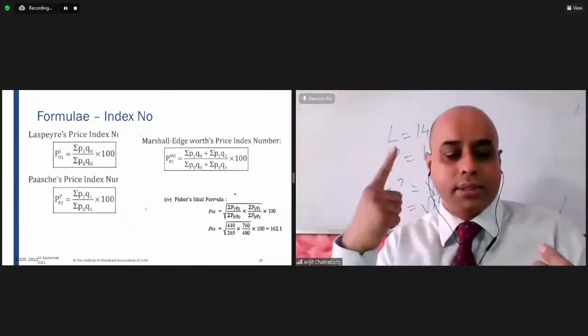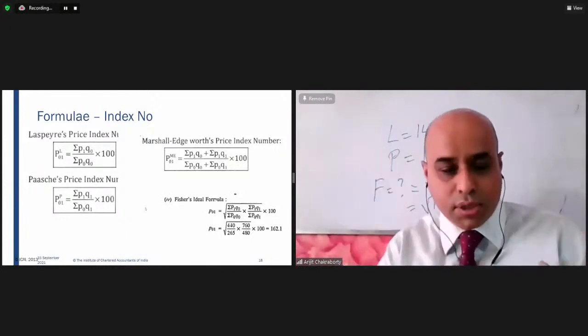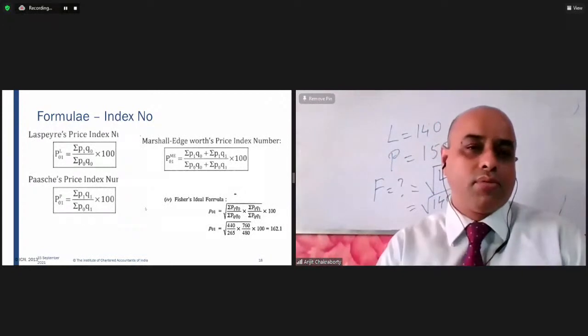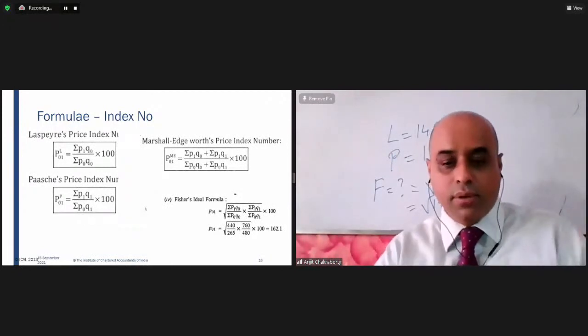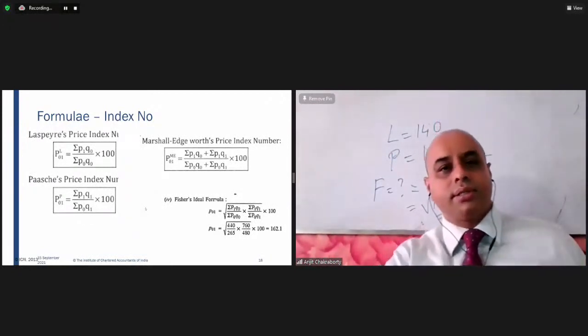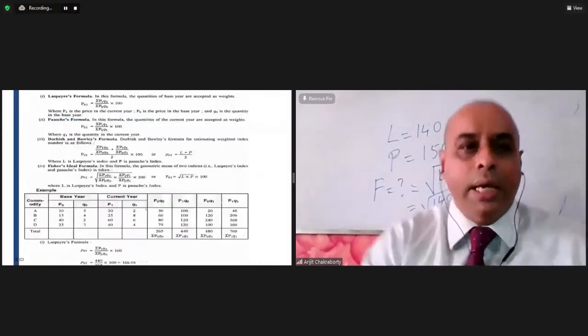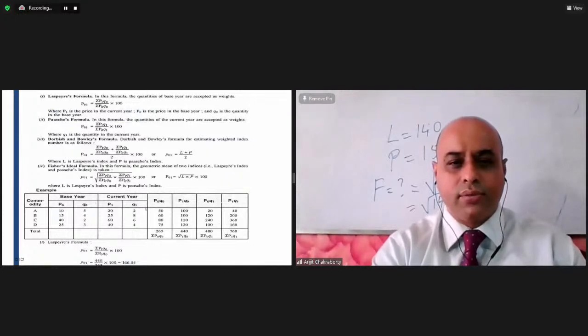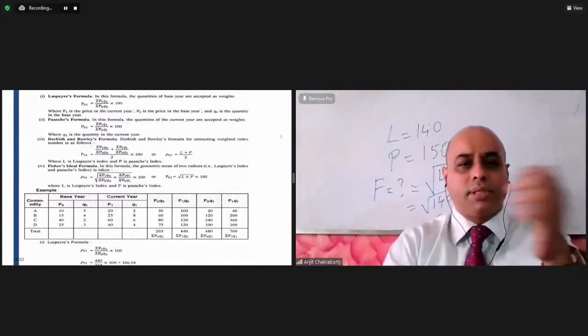Option A, is it Laspeyres? Option B, is it Fisher? Option C, is it Edgeworth-Marshall? Or option number 4, is it Paasche? So here you have to understand that the answer is Fisher's index. So the Laspeyres formula, once again, just have a look so that we can move on. And the Paasche formula is given